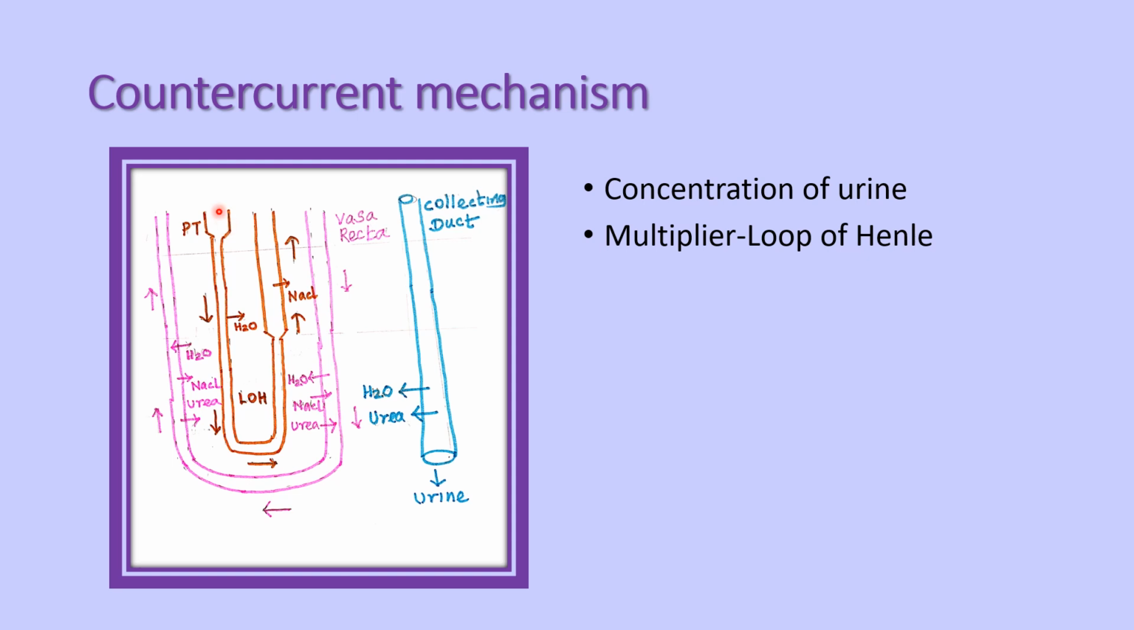At the level of the proximal tubule, osmolality is 300 milliosmol per liter, and gradually it reabsorbs water. At the tip of the loop of Henle, the hairpin bend, the osmolality is 1200 milliosmol per liter. The ascending thin segment of the loop of Henle is not permeable to